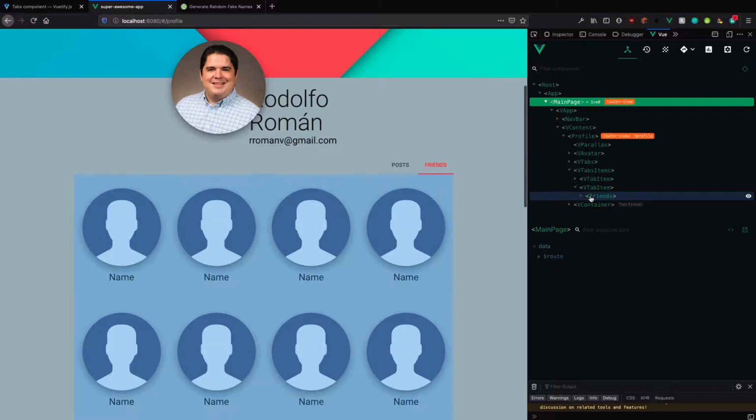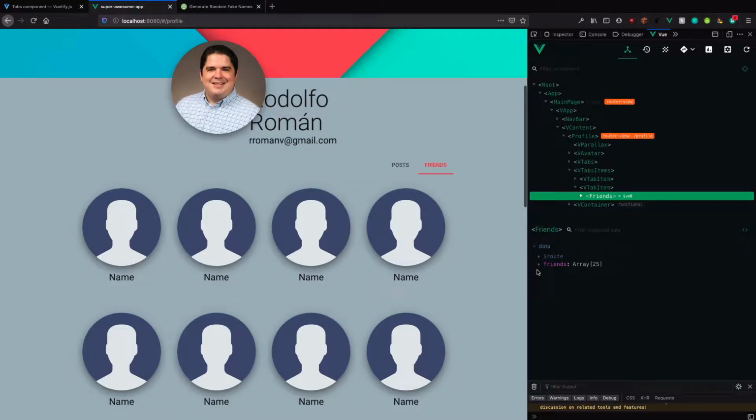The second tab item has the friends, and now we have the friends array, and it's filled up with a lot of information. Cool. This is pretty much what we needed. So now that we have our friends, we need to specify